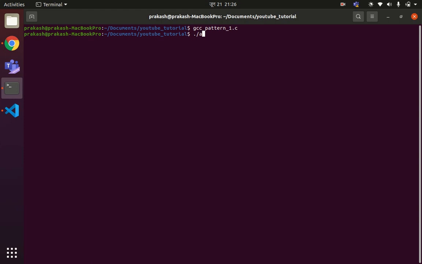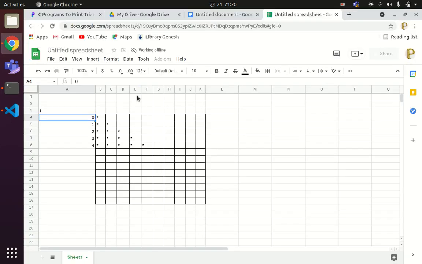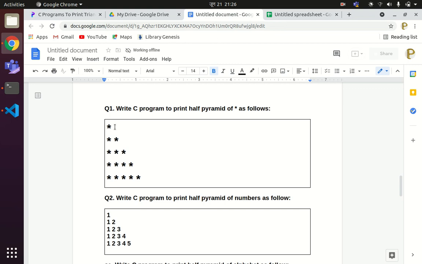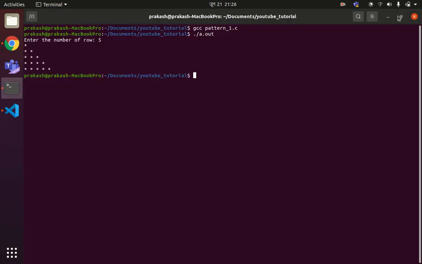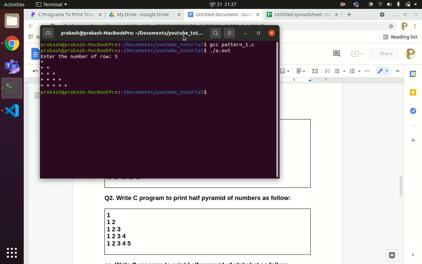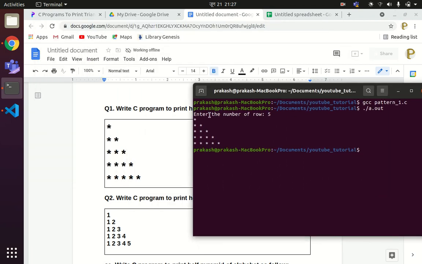Run it. Enter the number of row. So you can see this is the exact output that we are trying to get. In the first row 1 star, in the second row 2 stars, in the third row 3 stars, in the fourth row 4 stars, in the fifth row 5 stars.